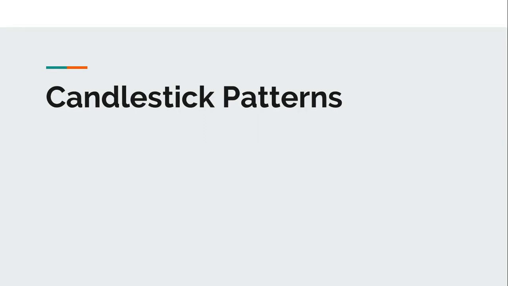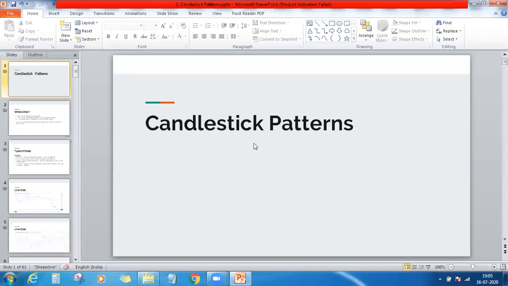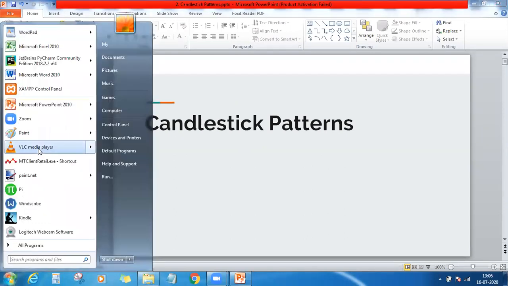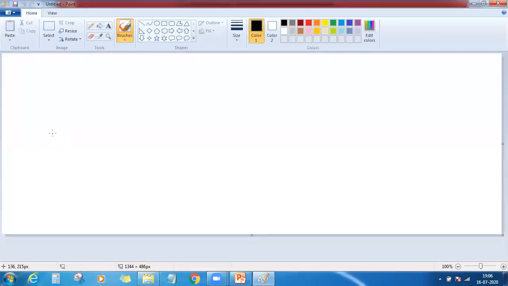Before that, let us visit the different types of charts. Candlestick patterns are one of the charts that we are going to browse, and along with that, how many types of charts do we have? First we'll look at the types of chart. Before going to this, we should first define what a chart is. A chart is nothing but a graphical representation of the price. Whether the price is going up or moving down, we want to represent it on a graph, a visual representation of the price movement.